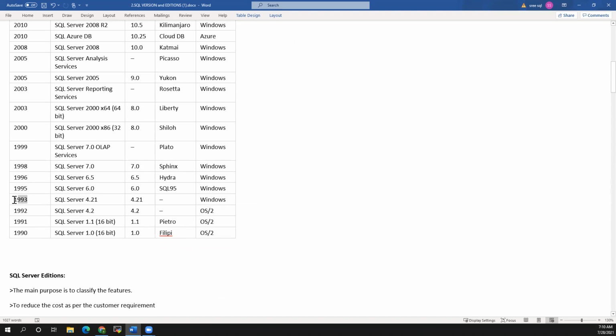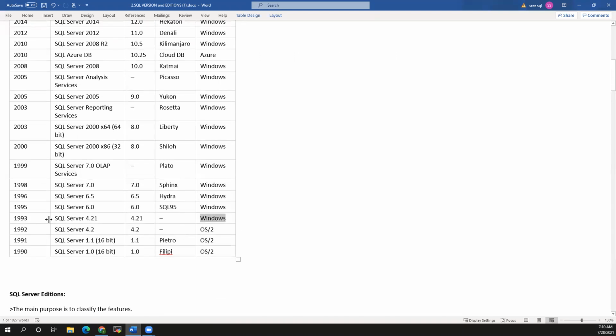From 1993 onwards, they started releasing versions which run on Windows. So 1995, and 2000 is the landmark: SQL Server 8.0, SQL Server 2000.